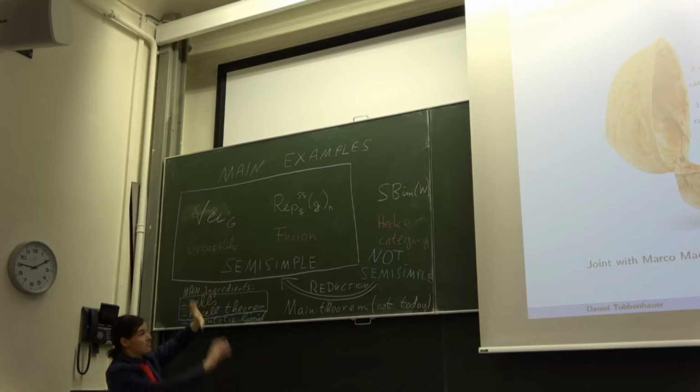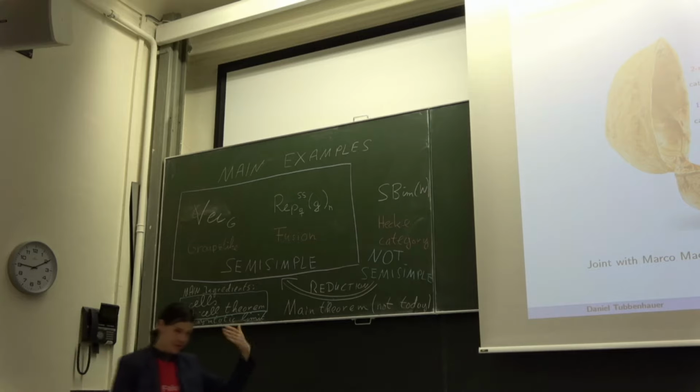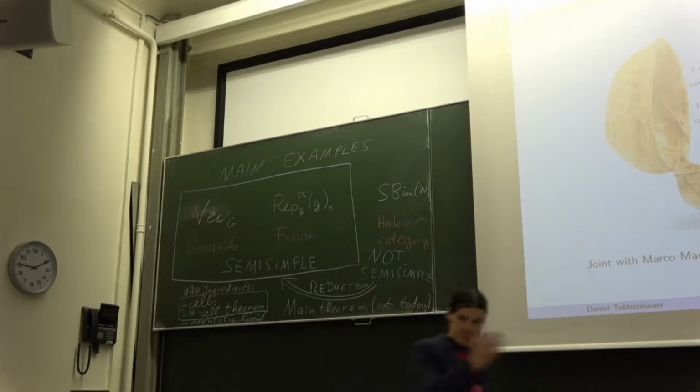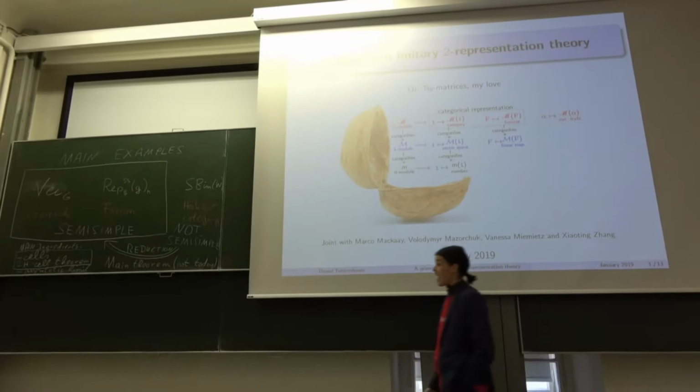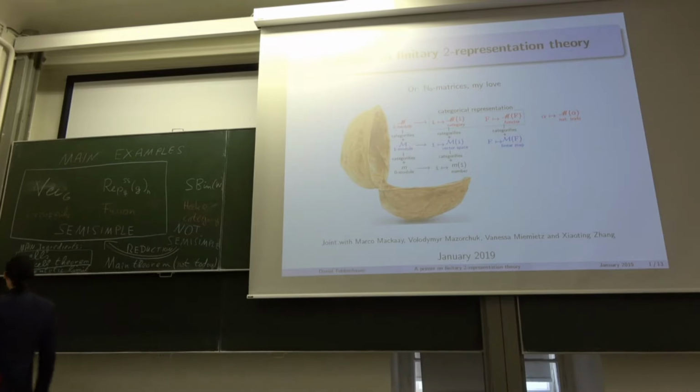Okay? And even if you have never seen this before, I think it's not very hard to guess that the semi-simple case is supposed to be much easier than the non-semi-simple case. But let's see how far I will get. The main ingredients will be cells. So I'm going to explain, very combinatorially, some generalization of the Kazhdan-Lusztig cell theory. There will be a very nice trick which is called the H-cell theorem, which I'm going to explain in the last, well, let's say 10 minutes.